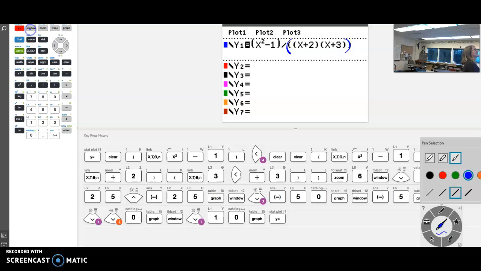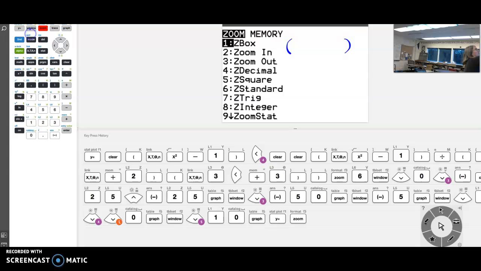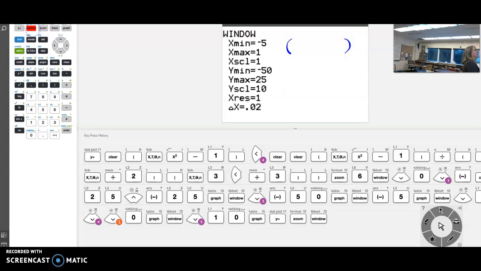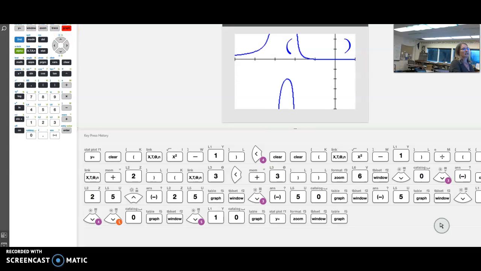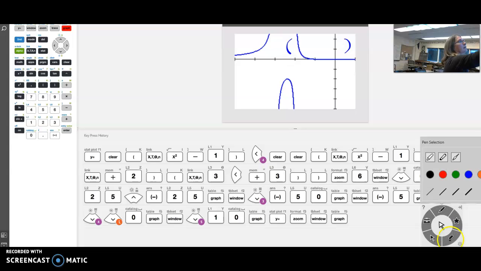And then I had to set a window. I had to find the window that worked here, and I used -5 to 1 because I knew I was looking for asymptotes at -2 and -3, and then -50 to 25 in the other direction. And you can see that indeed you do have vertical asymptote